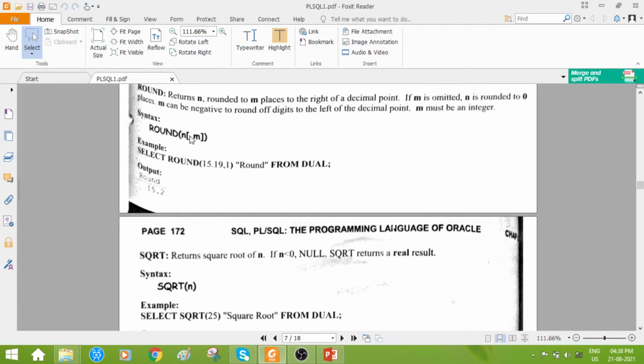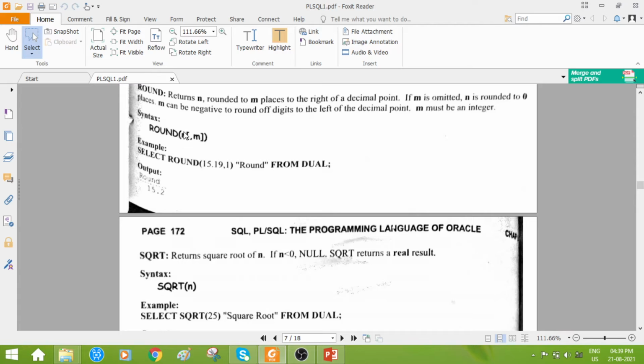Understand here, students. Let us take this example. Here the syntax is round followed by n comma m. See, this optional part within the square brackets matters here. What is n?